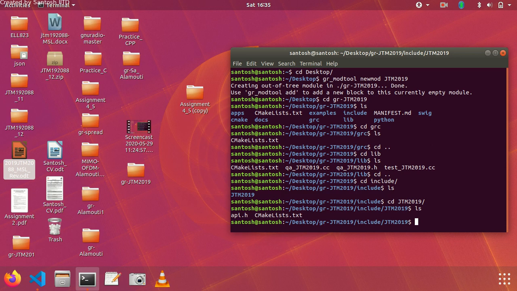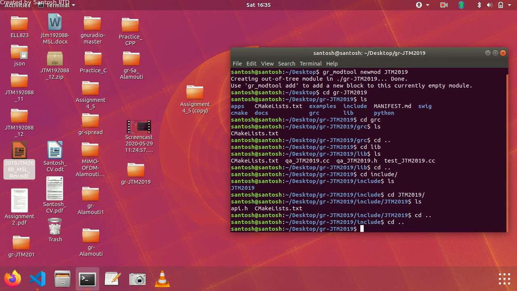So let's start with creating a block, adding your own block. Let me go into the main folder. So I'm in the main folder, and let me add this block. First of all, you need to write a command here to add a block, I mean whichever block you want to add. First of all, you need to add some program files.